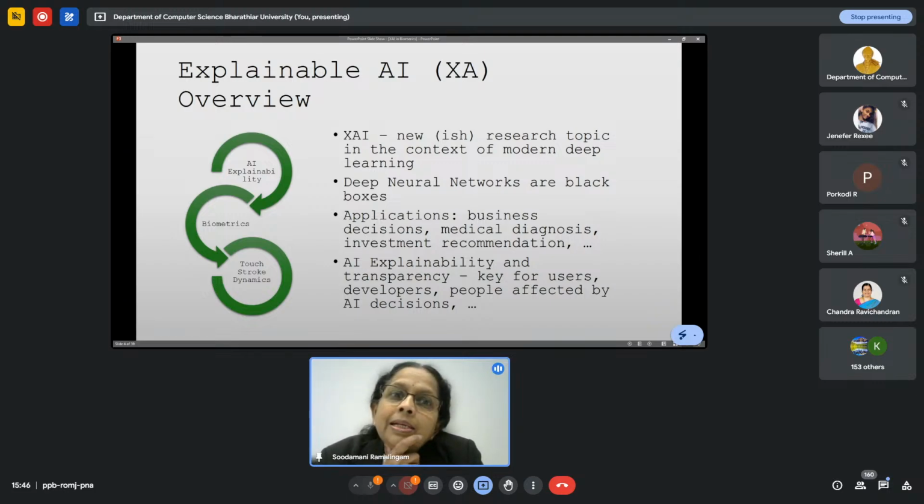So let's give a little overview on XAI or explainable AI. In particular, we are going to look at applying XAI to biometrics as a broad topic, and within biometrics, touch stroke dynamics, as we can see from the figure here. This is an emerging field, but it's not too new. There has been quite a lot of work done, and it removes the veil of black boxes of neural networks or deep learning architectures and